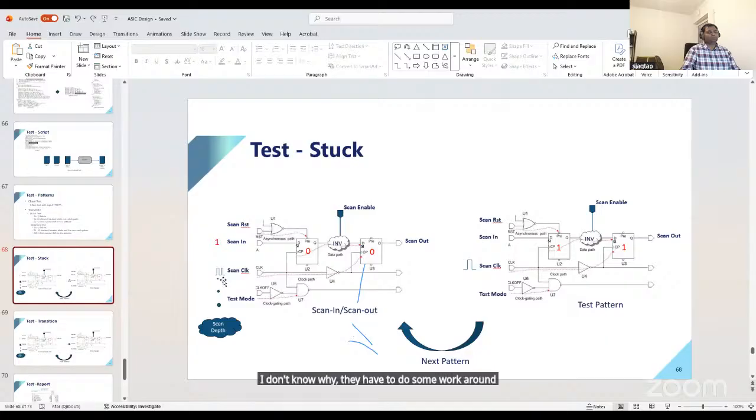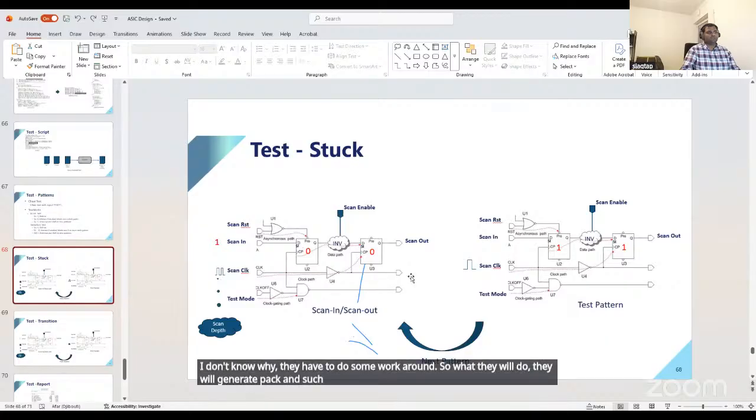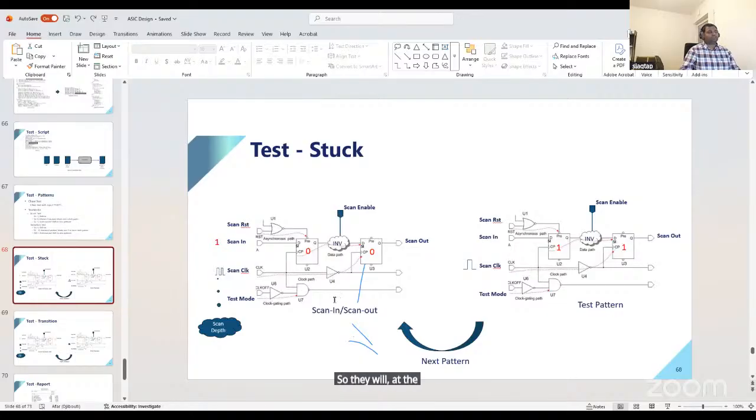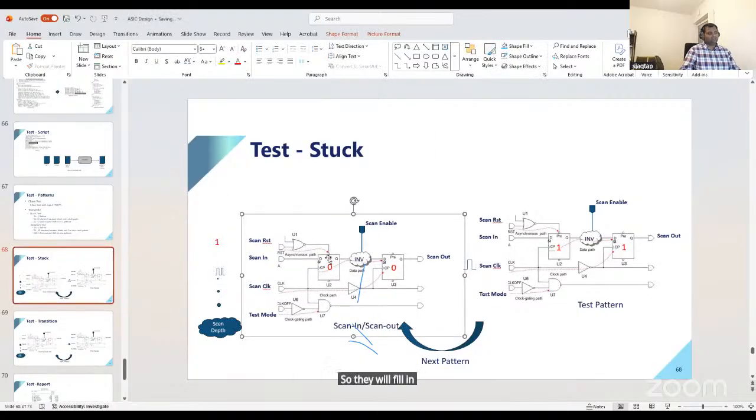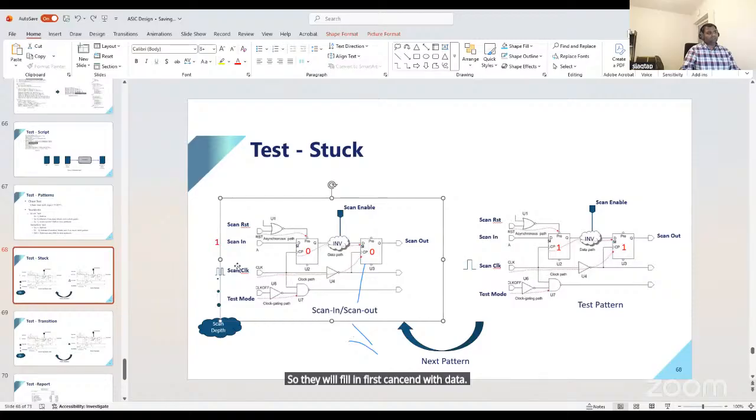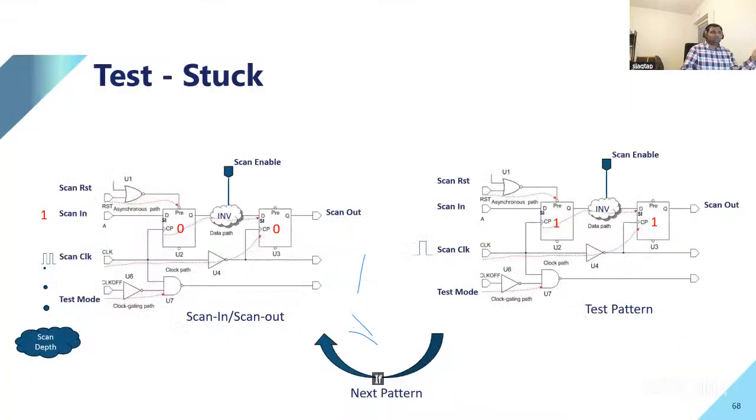So what they will do is generate patterns such that if you have multiple scan chains, at the time of shifting they will fill the first scan chain with data, then the second chain, then the next scan chain, and that will cost you time. And normally the companies will expect 4 to 5 seconds. If it is a DSP processor, for example, they expect 4 to 5 seconds for testing